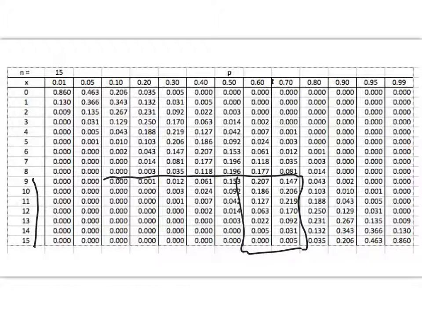So the average of 0.207 and 0.147 right here is going to be 0.177. Now I need the average of 0.186 and 0.206, and that is 0.196. Now I need the average of 0.127 and 0.219, and that gives me 0.173. Now I need the average of those two, and the average of 0.063 plus 0.170 is 0.1165, and the average of